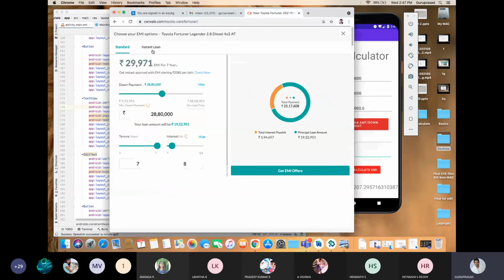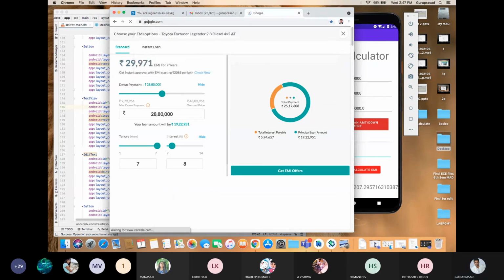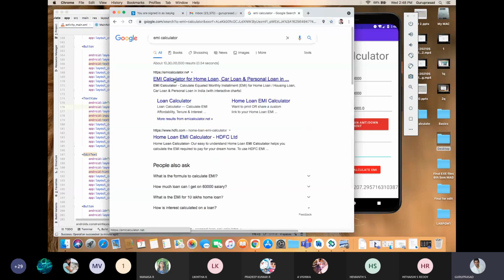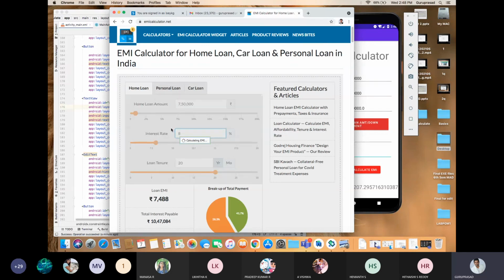We'll verify in the EMI calculator. Loan amount is 7,50,000, right? Enter. Interest rate is 8%, enter.